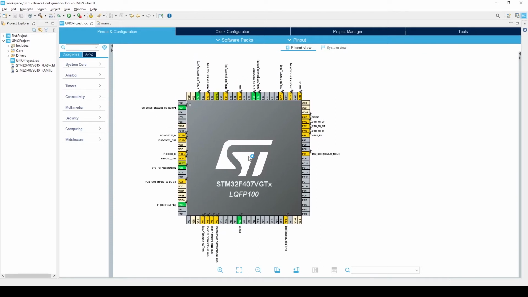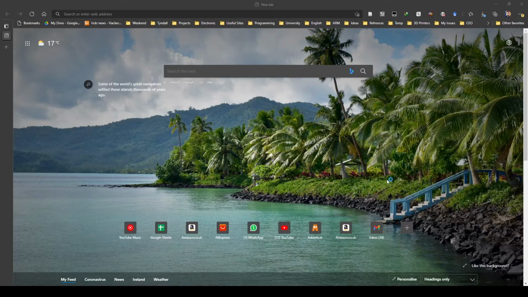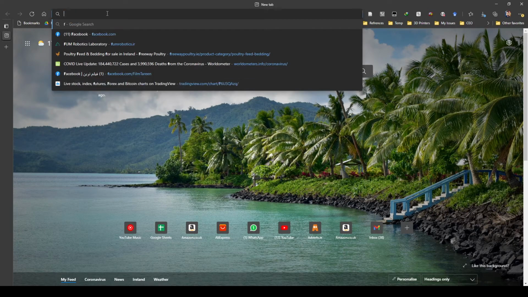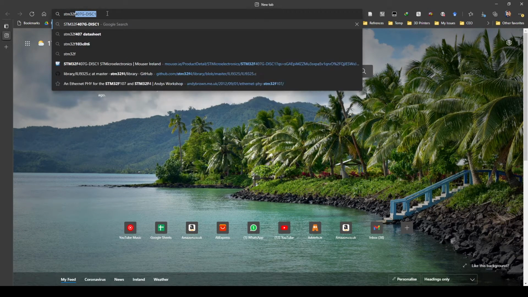But wait a moment, I forgot which pins were the LEDs. So now we need to look at the datasheet of this board to find out about the pins, and that's very important in our tutorials because we need to work with the datasheets when we are working with STM32 microcontrollers. Okay, so I open my Edge and I will search for STM32